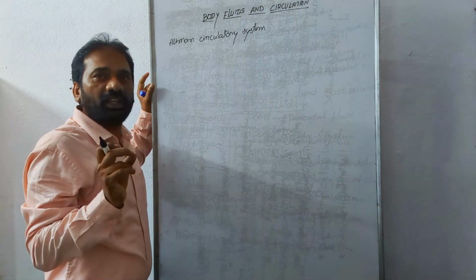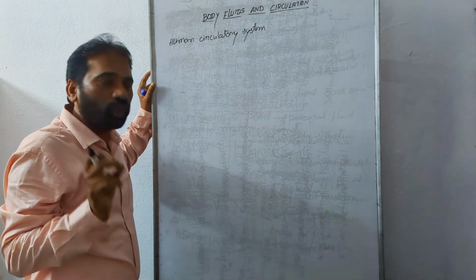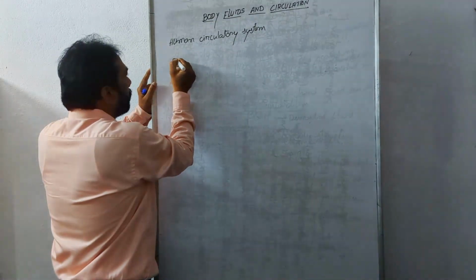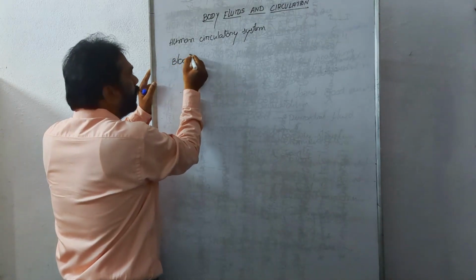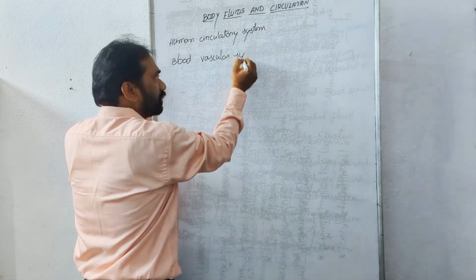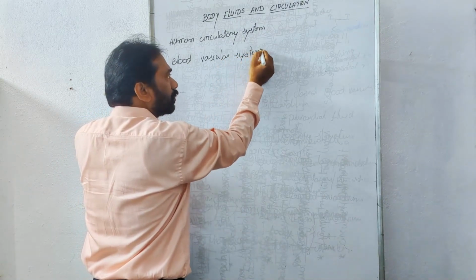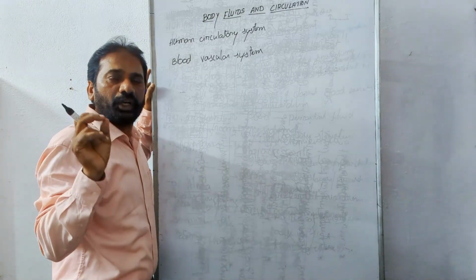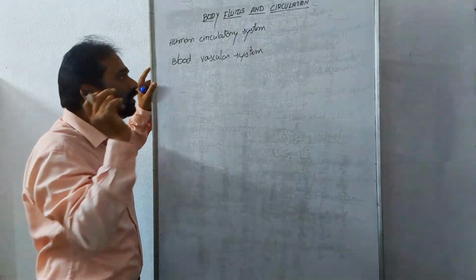This human circulatory system is also called blood vascular system. This blood vascular system or human circulatory system consists of